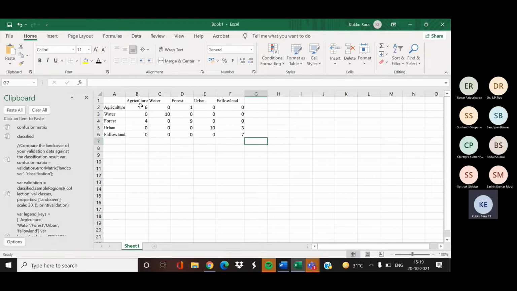So here correctly classified pixels are 6 for agriculture class, 10 for water body, 9 for forest, 10 for urban pixels, and 7 for fallow land or bare land.